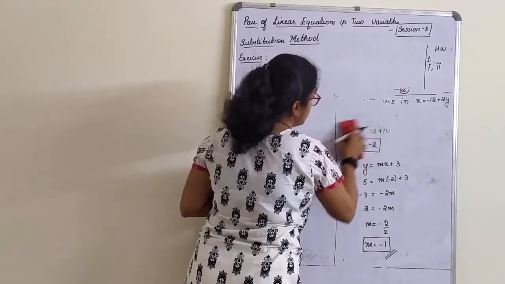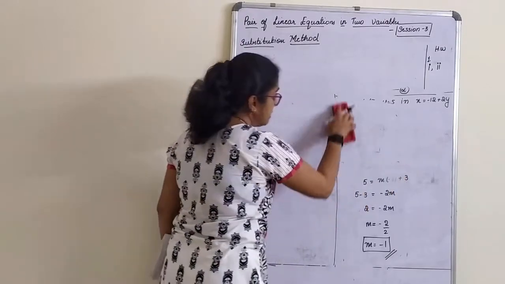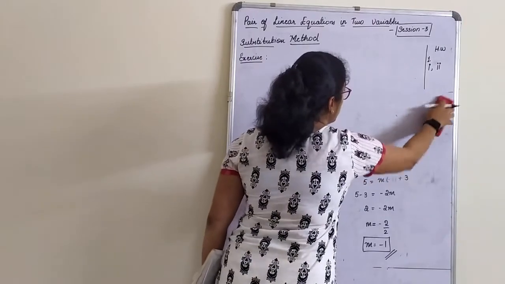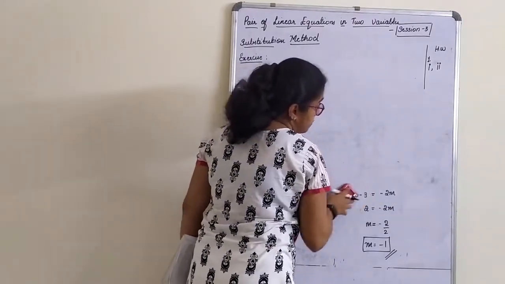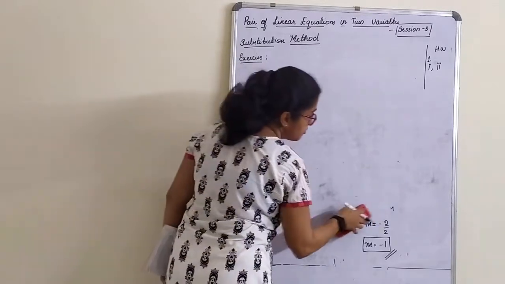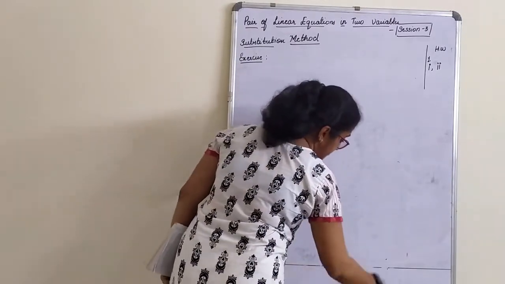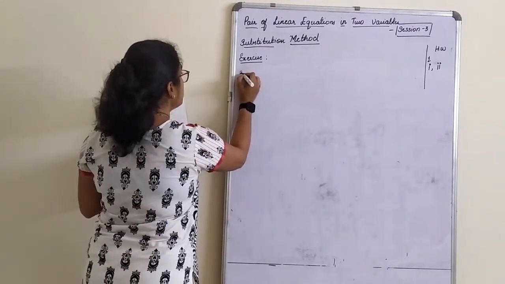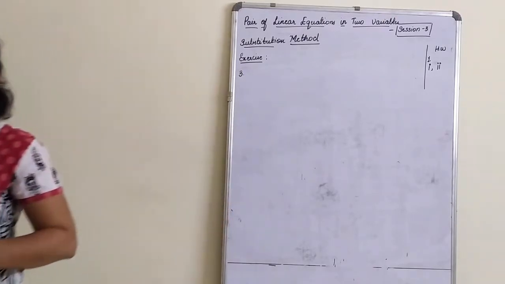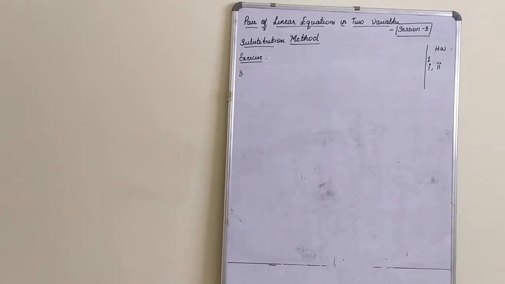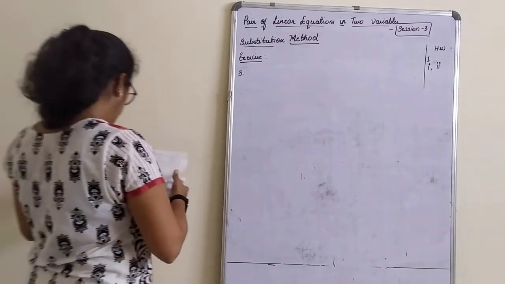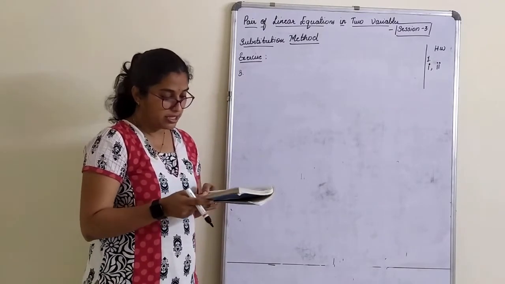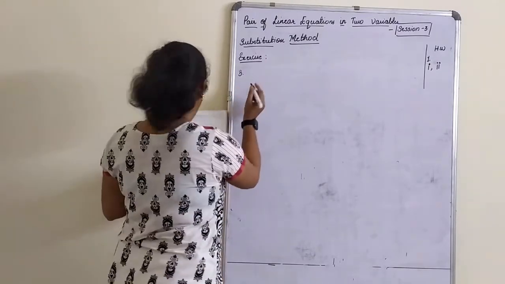So let's finish off this. As you know, how do we deal with these verbal sums? First, we read the whole question. Then we break the question down part by part, on what basis we want to solve it. Let's start. Third main, first one. Third main: from the pair of linear equations for the following problems, find their solution by the substitution method. First one,